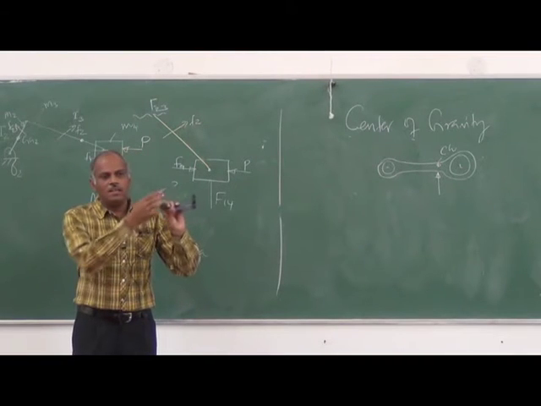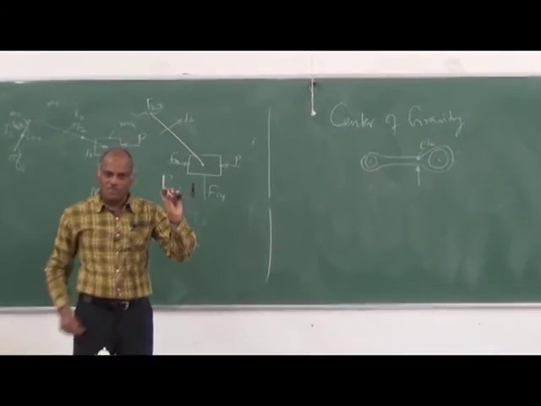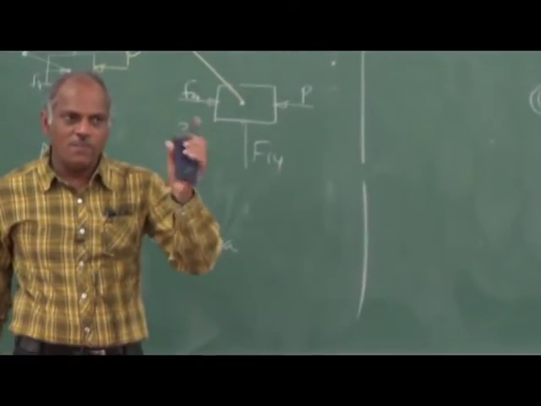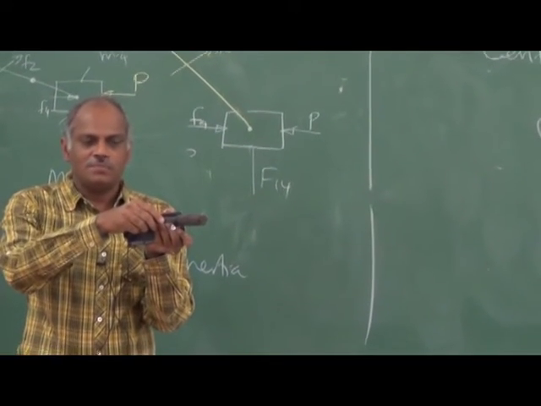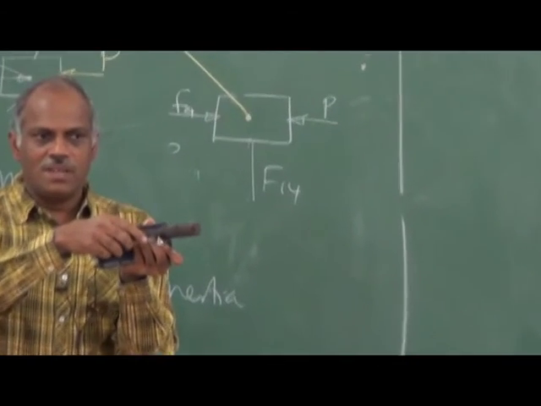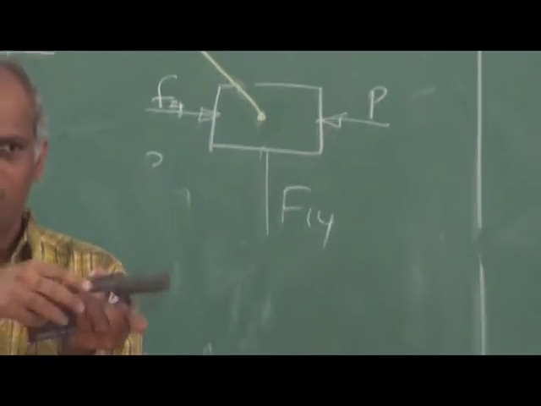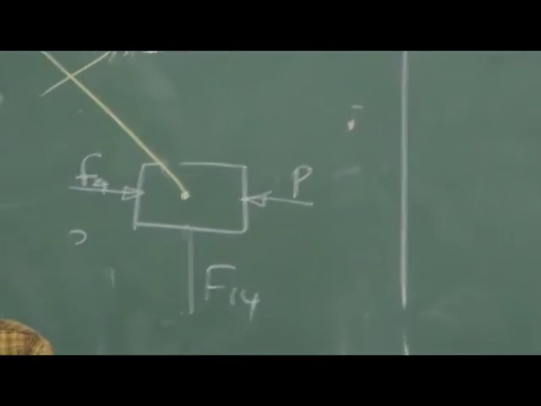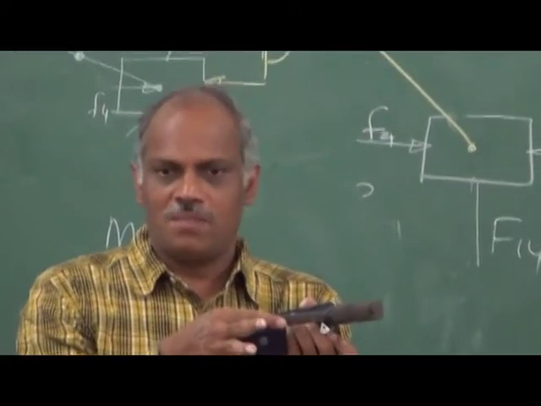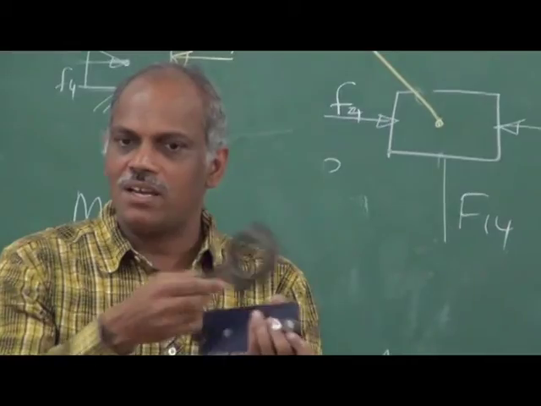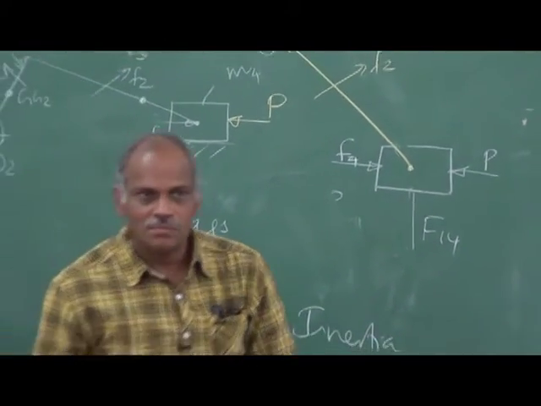So there is this thing called a knife edge. This is a very sharp edge called a knife edge. So you can use a knife edge for balancing. I put it over here, I move it left and right and see at which position it will balance. It is very delicate. Okay? So you have to find out at what point it is balanced. Then you can mark it over there, that is your center of gravity. That is one way of doing it.